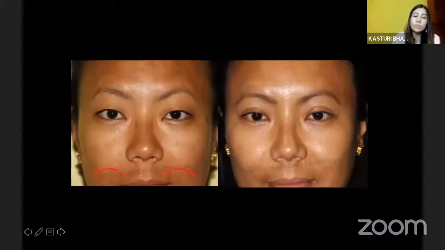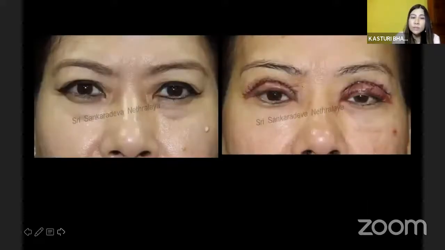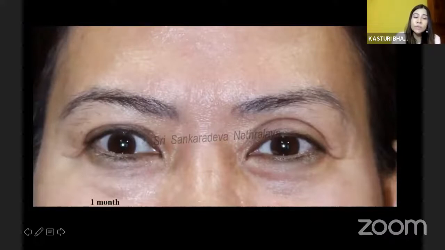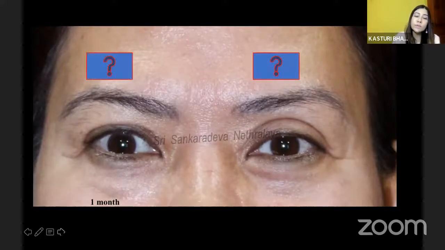And the most common indication for all of us for upper lid blepharoplasty is to create an eyelid crease or to manage the lateral hooding. But sometimes, in spite of doing the best surgery, you can have asymmetry like this. This lady came to me with asymmetry after a month. And when I was looking at her, I was liking the left side, but she was liking the right side. So we were deciding which side to correct.